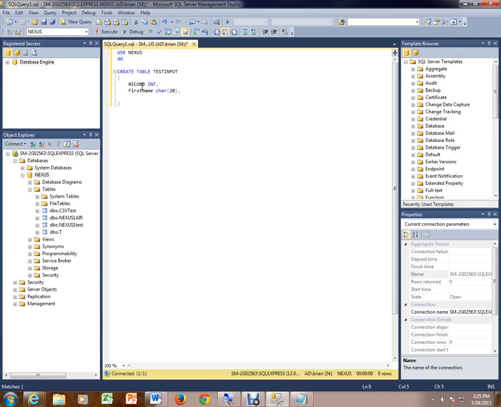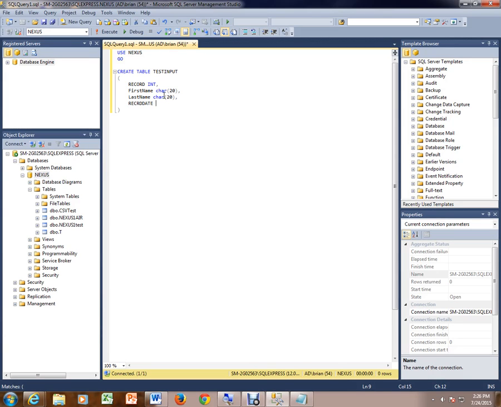And if you have any names that are bigger than 20 characters, it would truncate it unless you use a varchar. Or you could make this bigger. I think you could make this 30 if you wanted to. Last name char 20, and then I'll just put record